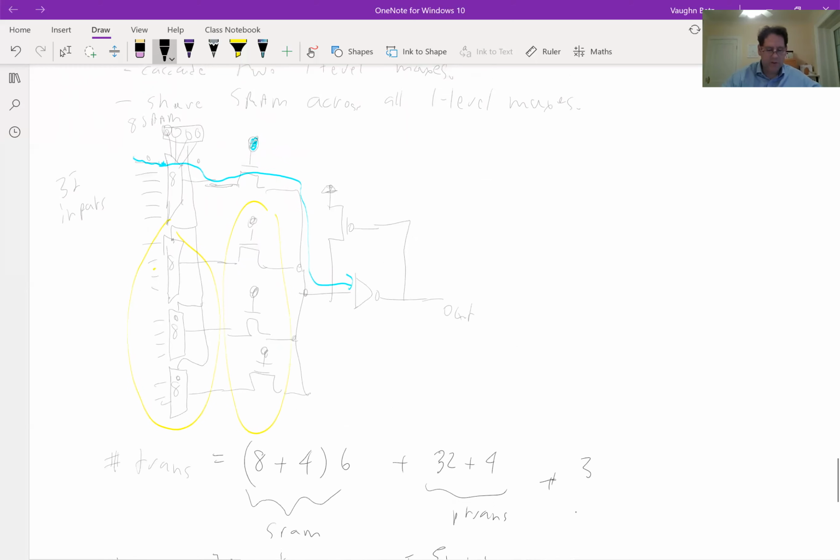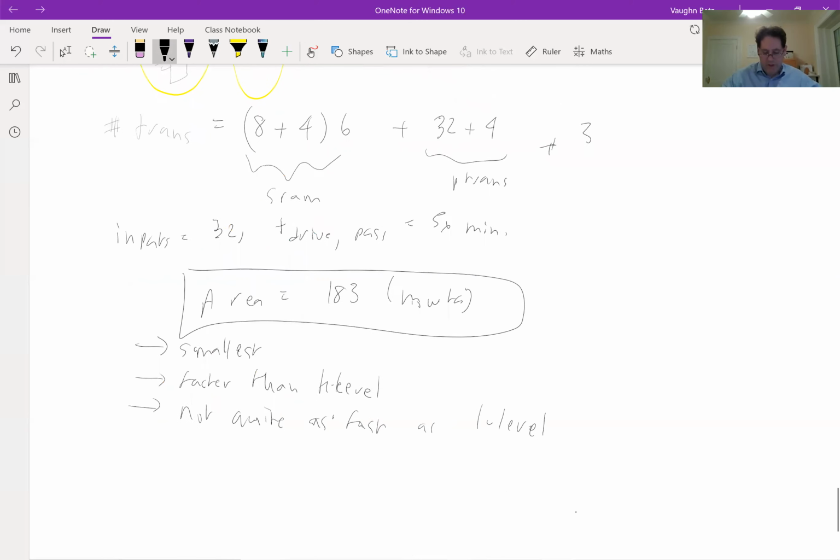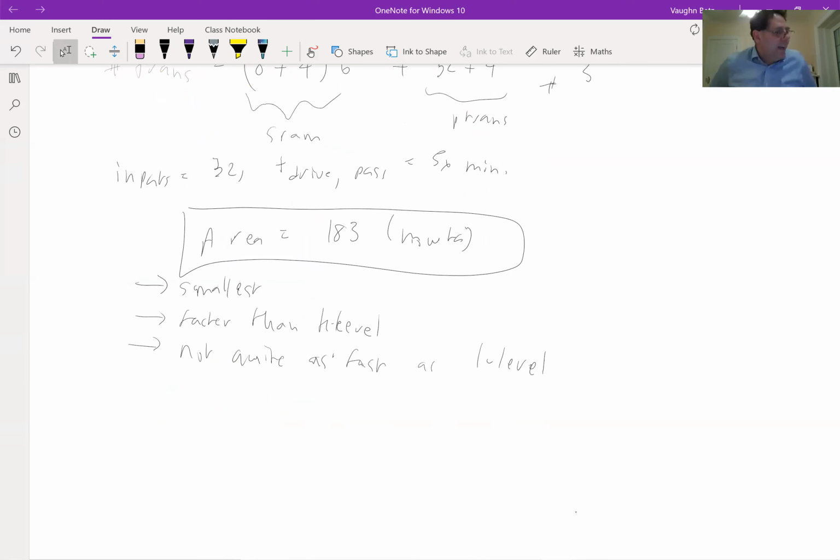Even though it has 2 pass transistors in series, when you analyze the details of it, the wiring is shorter. So that actually makes it faster than you might think. And if you have a lot of inputs, this actually can be as fast as a 1 level. If you have a small number of inputs, then it's usually slower than 1 level. But it's a pretty good